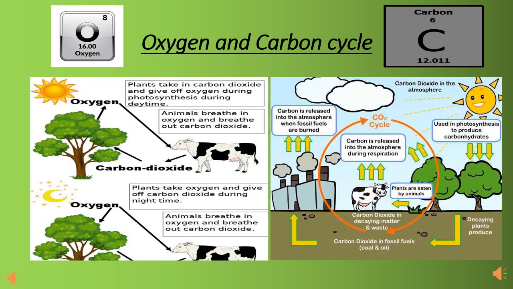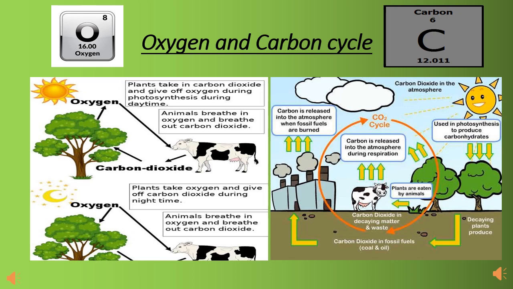Oxygen and carbon cycle. In the oxygen cycle, during daytime, plants take in carbon dioxide and give off oxygen during the photosynthesis process, and animals breathe in oxygen and give out carbon dioxide. In the night time, plants take in oxygen and give off carbon dioxide, and animals breathe in oxygen and breathe out